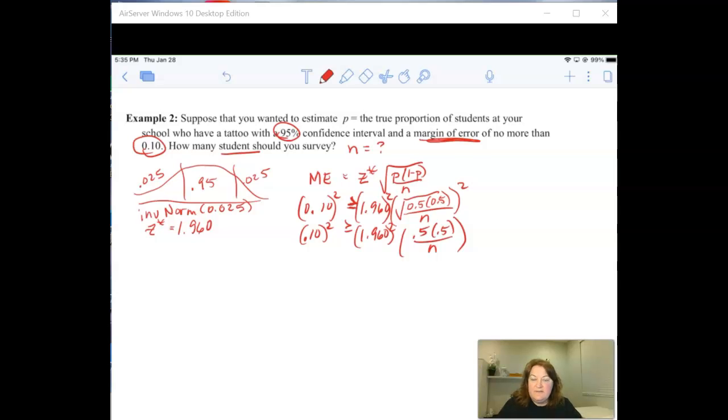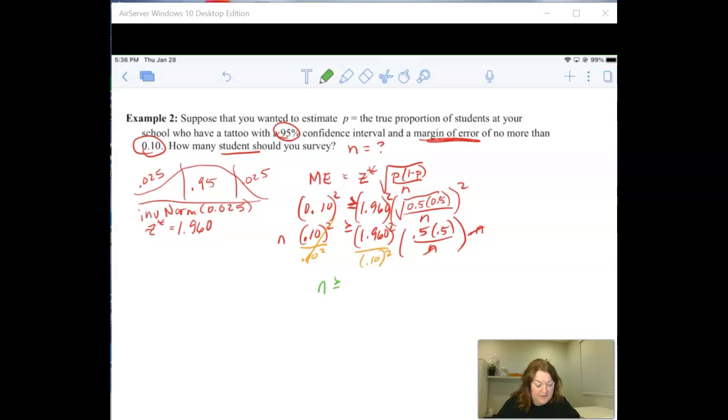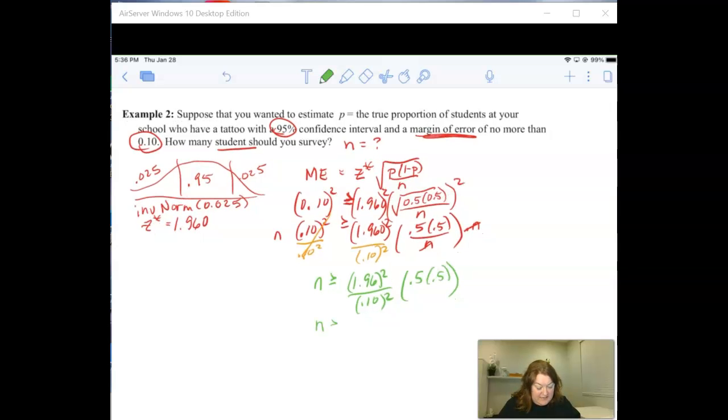All right, now I'm going to try to solve for n. It's in the denominator. I want to fix that. So I'm going to multiply both sides by n. Now the n's cancel and I'm left with an n on this side. Then I want to get rid of my 0.10 on the side with the new n on it. So I'm going to divide by 0.10 squared, divide by 0.10 squared. So those are going to cancel. All right, and now I'm left with n has to be greater than or equal to 1.96 squared divided by 0.10 squared multiplied by 0.5 times 0.5, or actually 0.5 squared. Okay, so we're going to go grab our calculator, figure out what that amount is, and we should be getting a